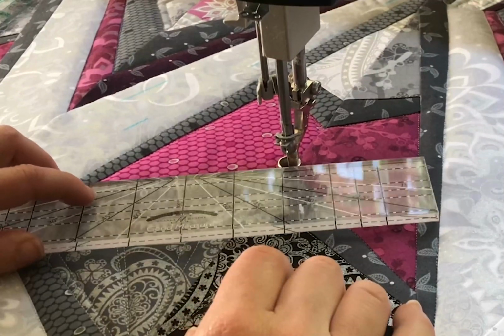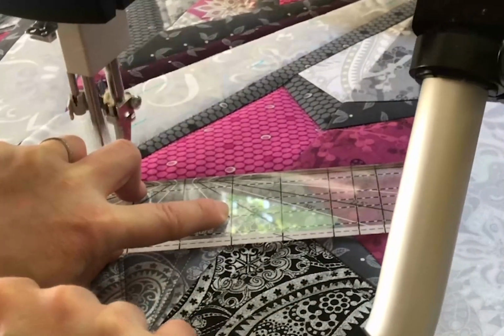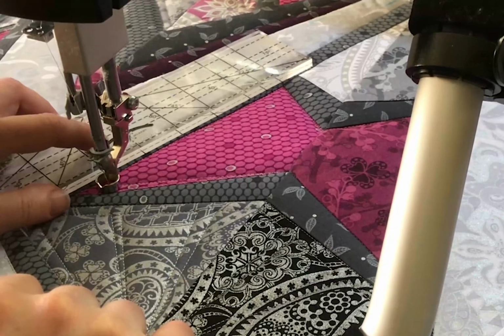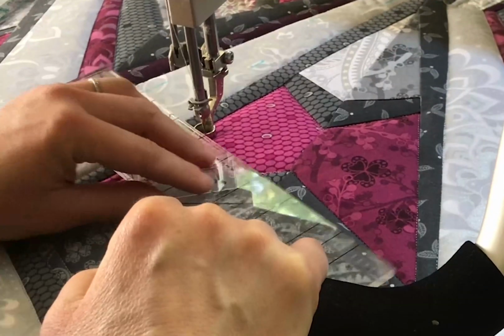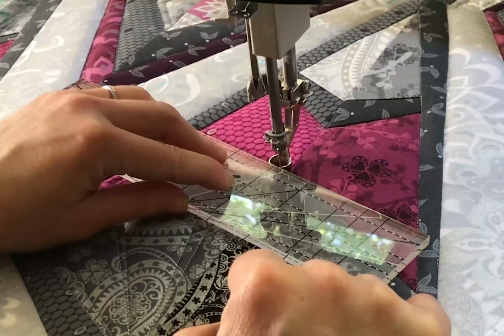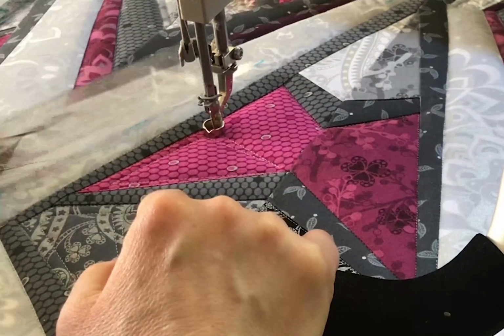So now I'm going to angle my ruler a little bit, so I'm not stitching along the edge of the area, I'm stitching a little in, so it's angled a little in. And now I'm using the edge of my ruler, lining it up to go parallel to my quilting area, going about halfway up, and going back in. But I'm not coming all the way to the central point because I don't want the thread buildup. Now I'm angling out again,